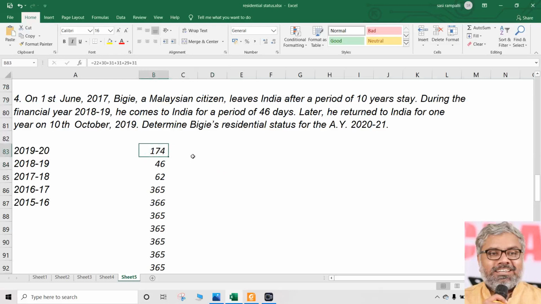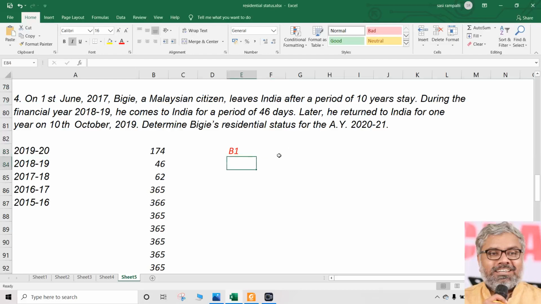What is important? Previous year, yes. Prior to that also, yes. So, let us see one by one. What is the residential status of this person ultimately for the assessment year 2020-21? As usual, we have to start checking the basic condition number 1. What is the answer? Is it satisfied or not satisfied? Definitely not satisfied. Why? Because he did not stay for 182 days or more during the previous year. So definitely the number of days of stay during the previous year is less than 182 days. Means basic condition number 1 is not satisfied, failed. This is not satisfied at all.